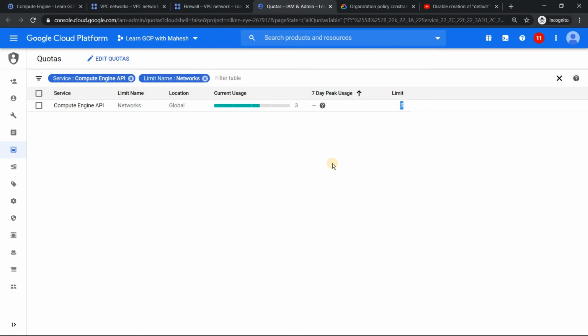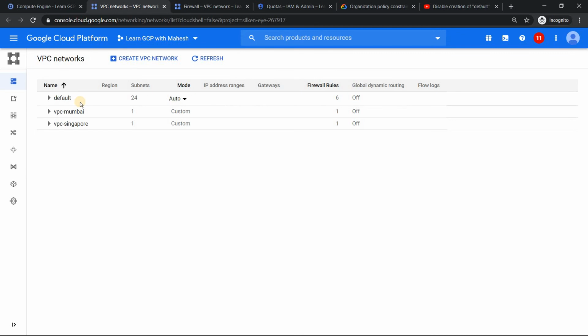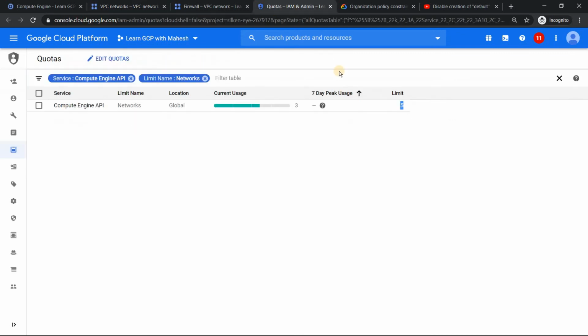Now, why do you want to keep it? Just delete it. Go ahead and delete it. You will get 1 VPC extra. So you will fully utilize the quota of 5 VPCs in a project. And this is a soft quota, or a soft limit, so you can definitely increase it. But if you don't want to go through the process of raising a request and all those things, and you just want to have 5 VPCs, just delete your default VPC in a production project.